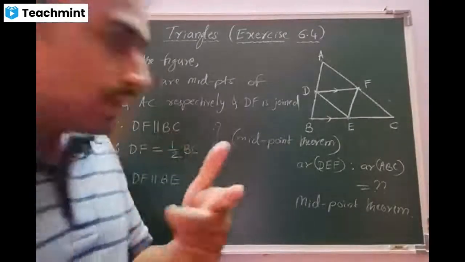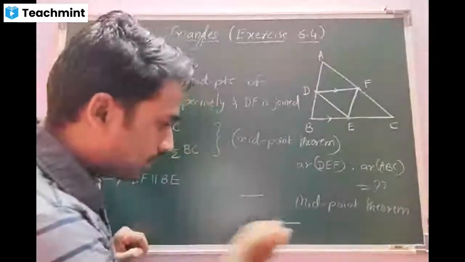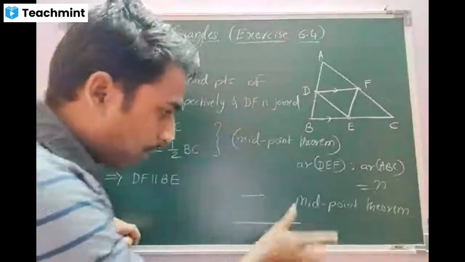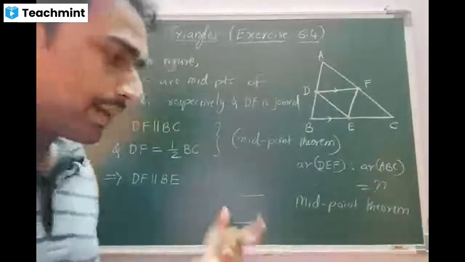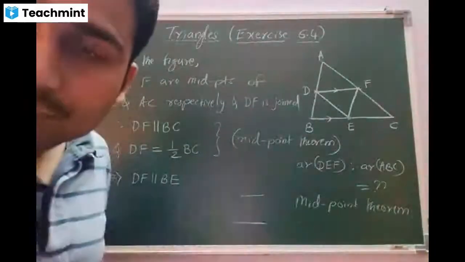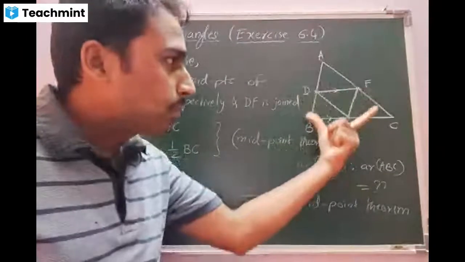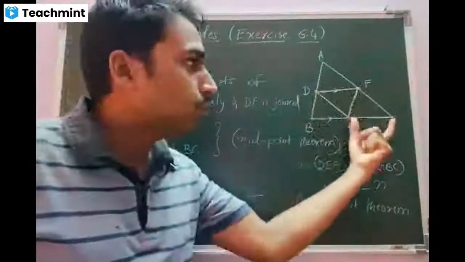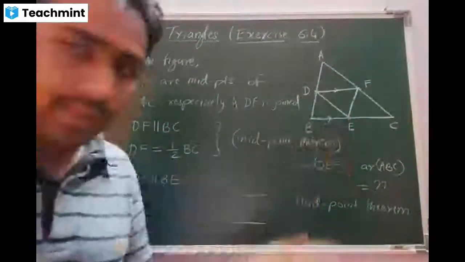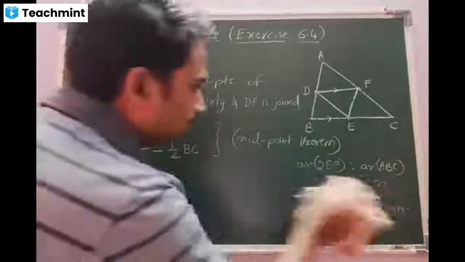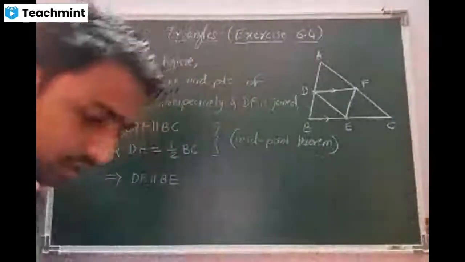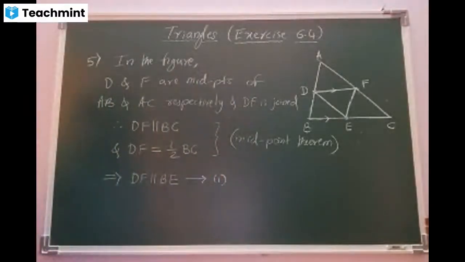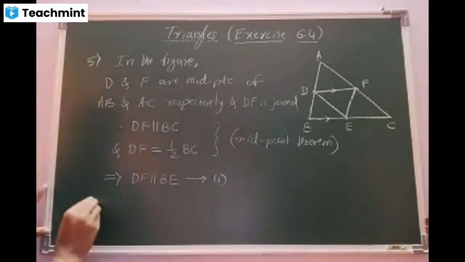Yes, sir. See, if a straight line is parallel to this bigger straight line, beta, the same straight line can be parallel to a part of the earlier one. Am I right? Yes, sir. So DF is parallel to the entire BC. I can say DF is parallel to BE also. It is parallel to EC also. I have just taken one part, that is BE. Is there any doubt? No, sir. Okay. This one I call equation number 1. Clear? Yes, sir. Okay. I'll write one more sentence.